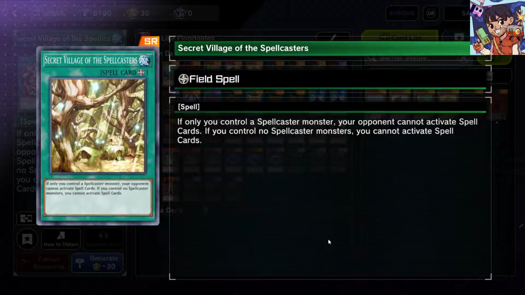So if only you control a spellcaster monster, your opponent cannot activate spell cards. For the most part, decks like Dark Magician and Witchcrafter use this, and even Pendulum Magicians use this. Basically, it protects them from their cards getting destroyed by spell cards, and opponents cannot activate spell cards. So that means you cannot start your plays unless you have a spellcaster monster